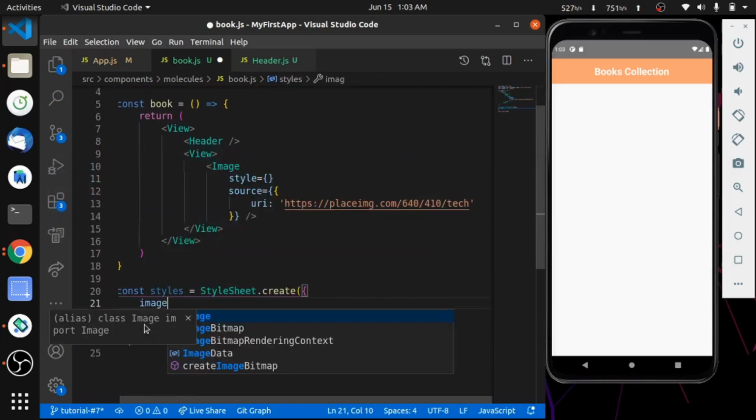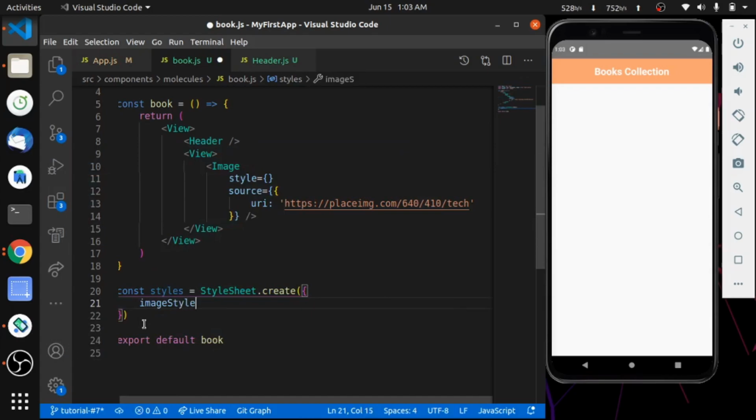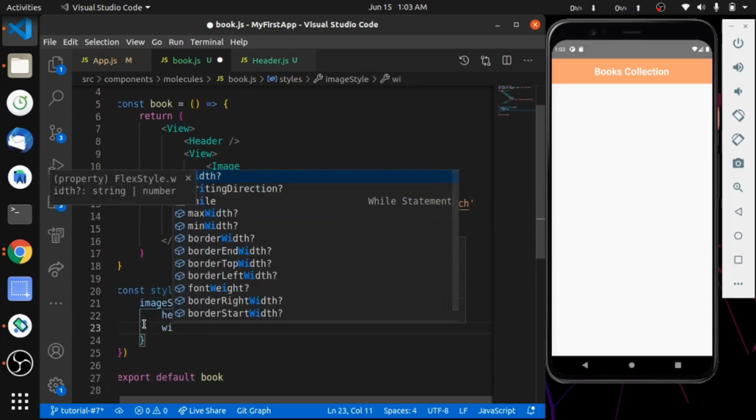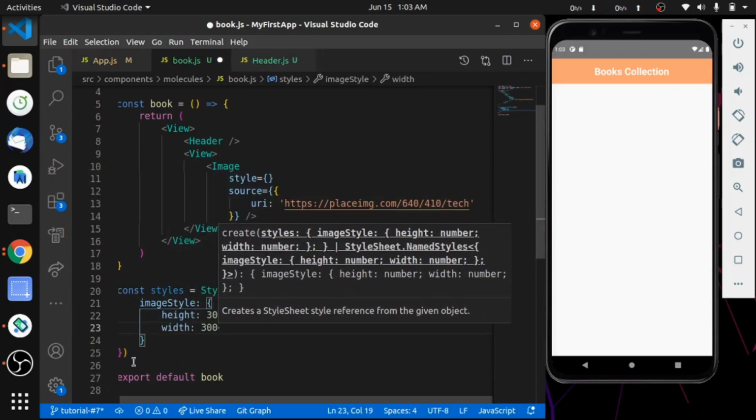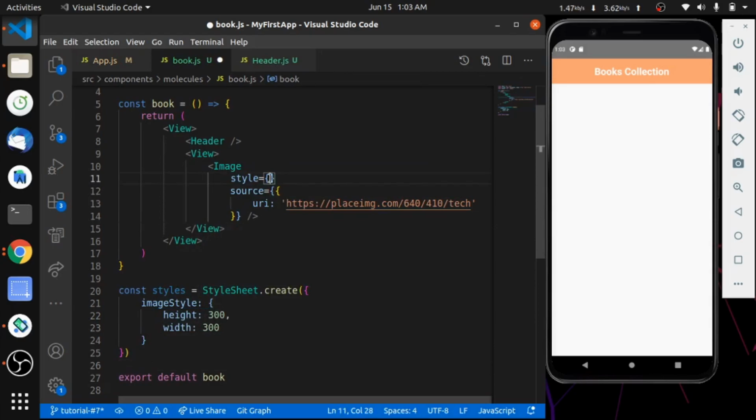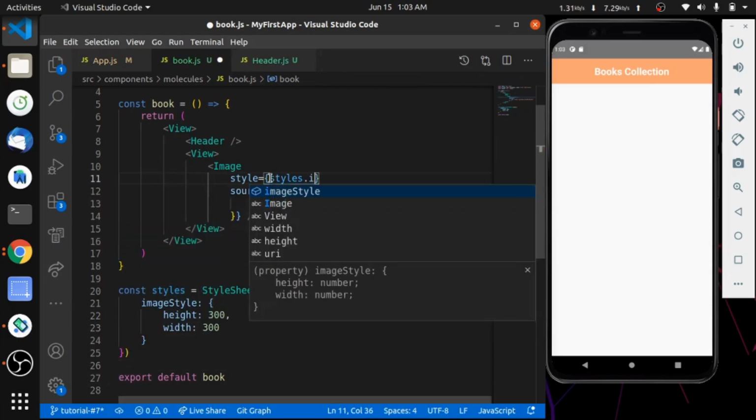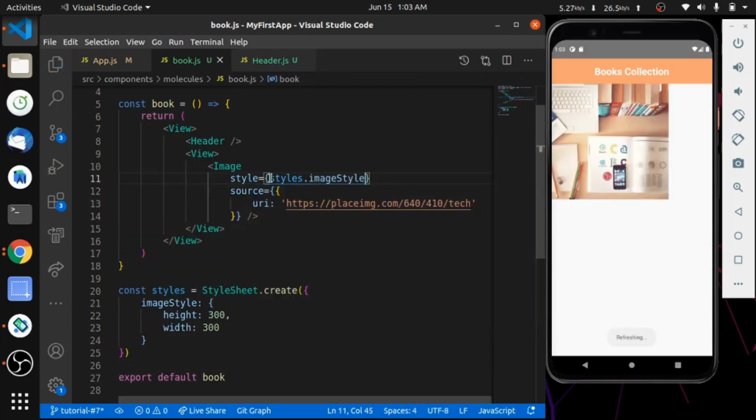Creating a style class for the image, adding height 300 and width also 300. Adding the image style class to the image and you can see here it is showing now. But it's not styled properly, so just move it to the center.